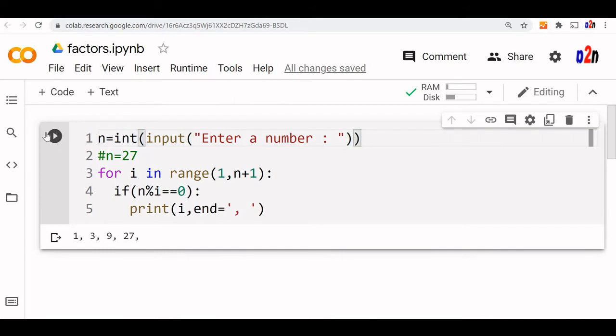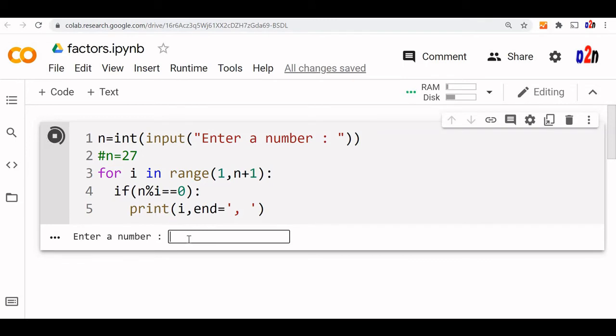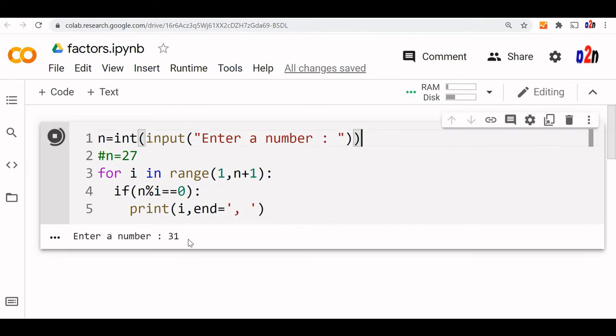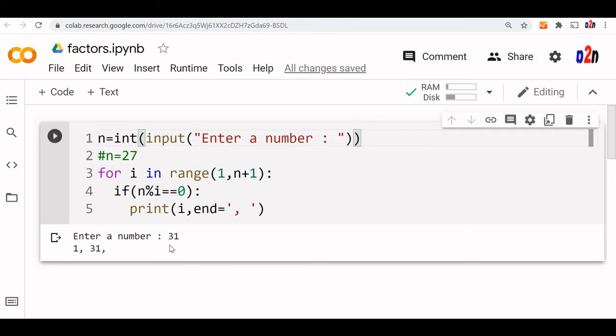So that's all. Let's ask the user. Let's say the user has entered 31. 1 and 31 are the factors. Now one more check. Let's say we'll put 50. 1, 2, 5, 10. These are all the factors of it.